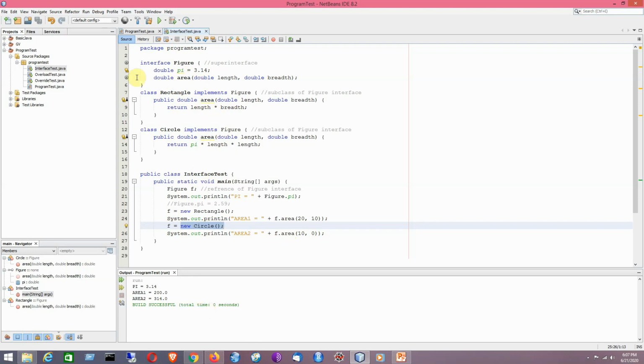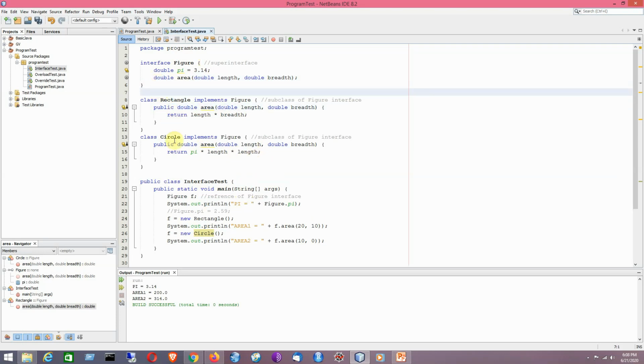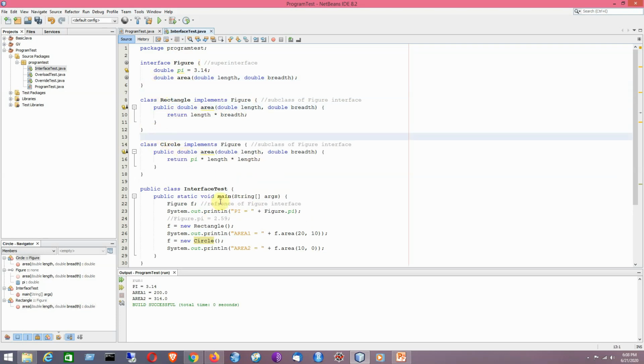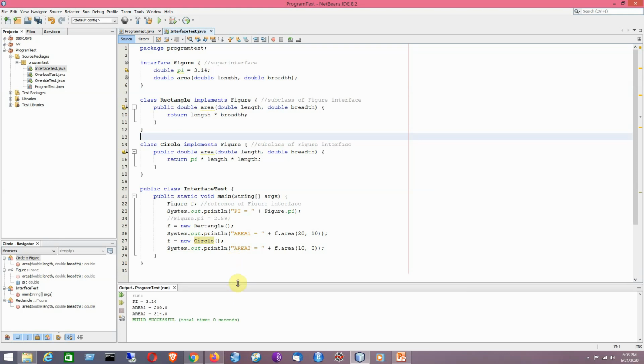Another thing is that I have not specified public here, but whenever I implement it in terms of method overriding, I must write public. Otherwise it will give a compilation error, because all the methods are by default abstract and public. That is the specialty of a Java interface. So I have tried to demonstrate how you can create an interface and how you can create the subclasses from the given super interface.